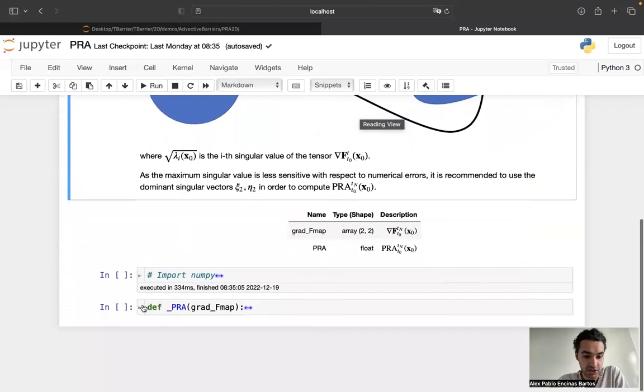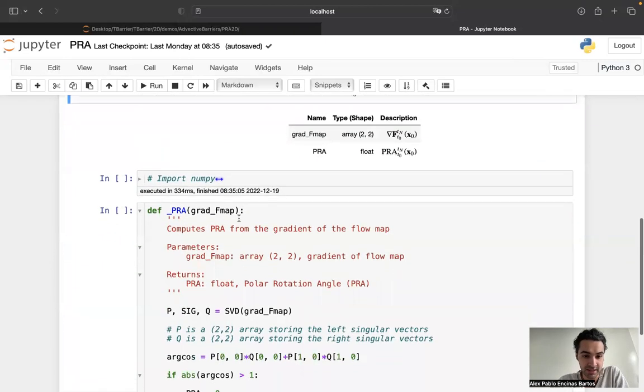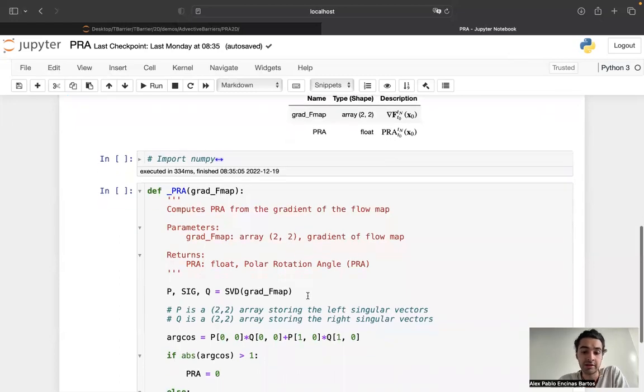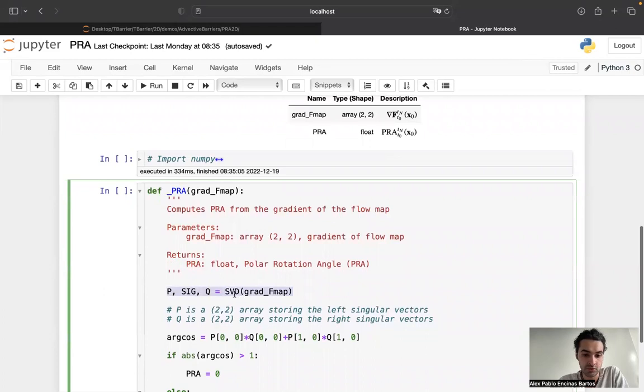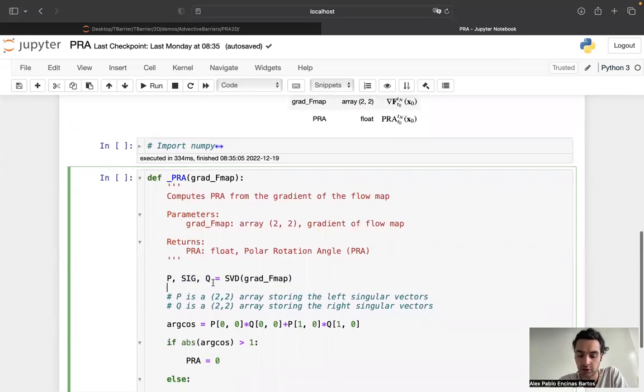To take a look at what the PRA function does, it simply takes as input the gradient of the flow map, which is a 2 by 2 array, and does the SVD computation, the singular value decomposition. P is an array which stores the left singular vectors, Q is an array which stores the right singular vectors, and sigma is an array which stores the singular values, which we do not need, however, for this computation. Then we take the inner product of the most stretching left and right singular vectors,